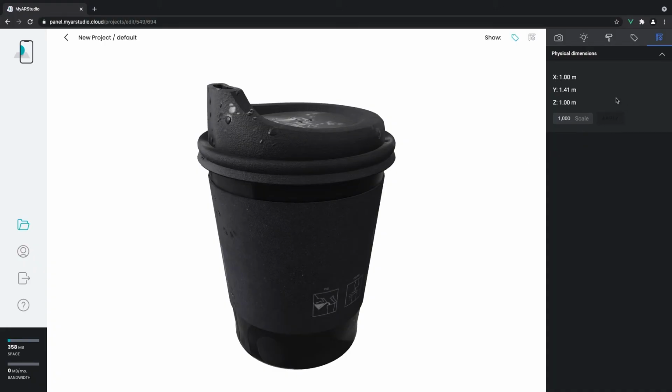Usually, you just need to apply a scale change with 10x or 100x up or down, but you can apply any scale if required. Set your scale and click Apply. You will see the dimensions of your model change. You can show or hide the dimensions inside the 3D view by clicking on the button on the top bar.